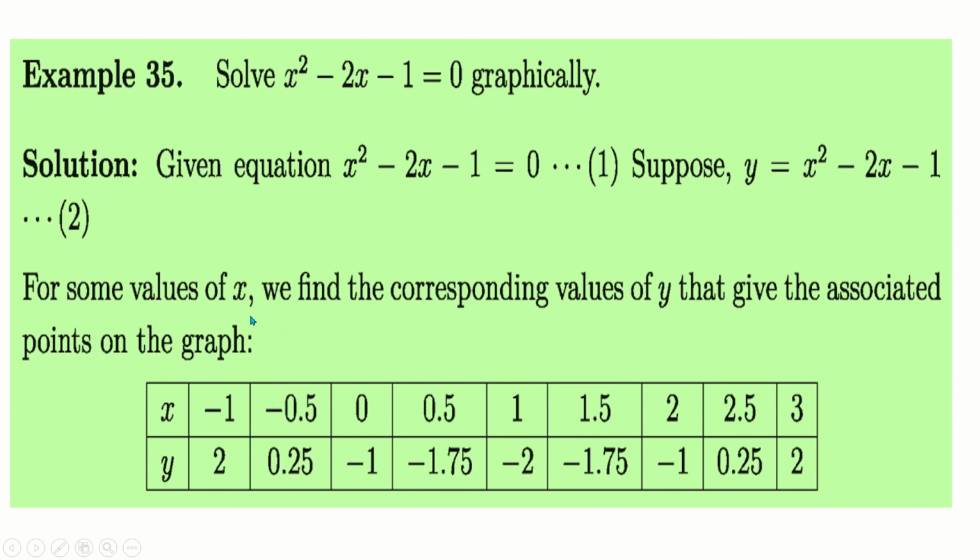Now find the values of y for corresponding values of x, and put the points in a table. That means when x is equal to -1, y is equal to 2. Minus 1 squared means 1, minus 2x with x as -1, so minus times minus gives plus: here will be 1, here will be plus 2. That means plus 3, and 3 minus 1 means 2. Like this way we get the other points. You can use a calculator, no problem.